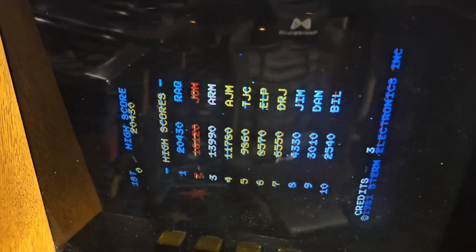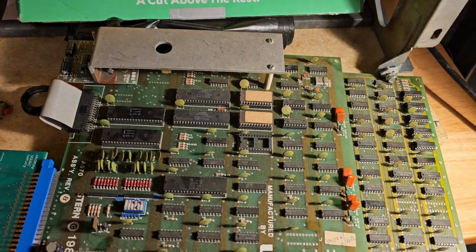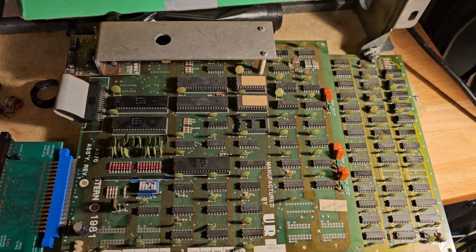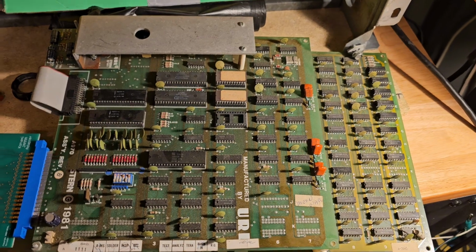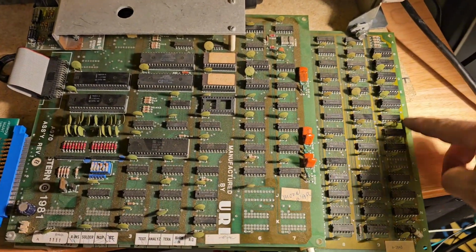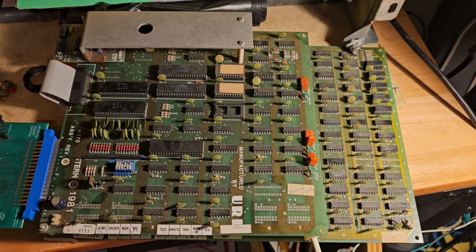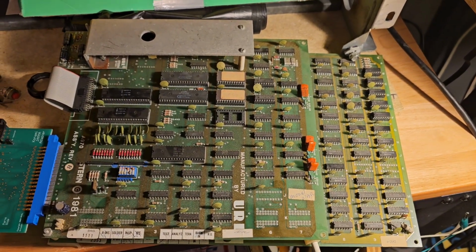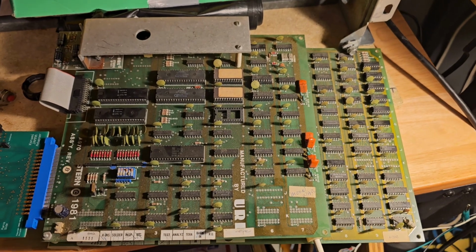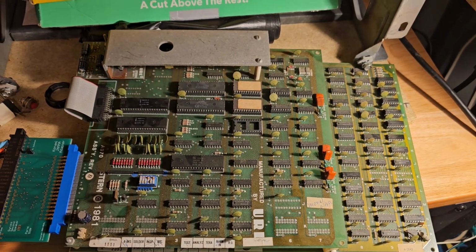First order of business is to take apart this PCB stack and check to see if we can... This is the audio board here on the top, and then below it is the main computer. So I'm gonna go ahead and reseat all these chips. There's gonna be these socketed chips here, and there's gonna be a bunch underneath. So I'm gonna do that off camera, and we'll come back after the fact and see if that'll improve our